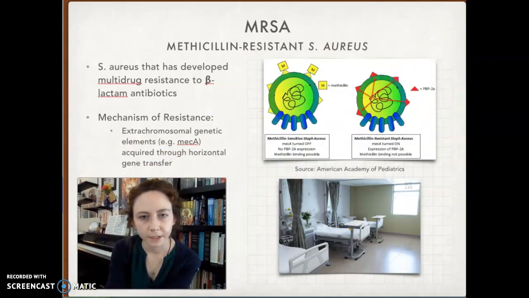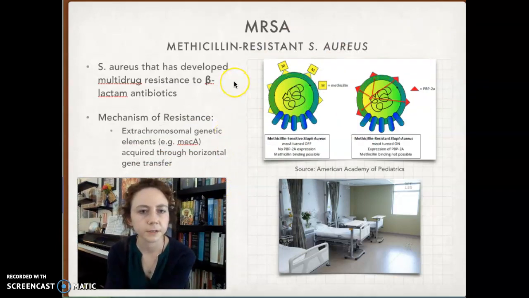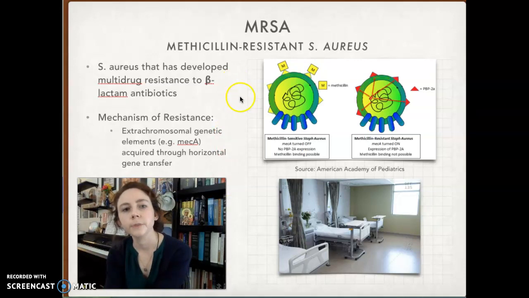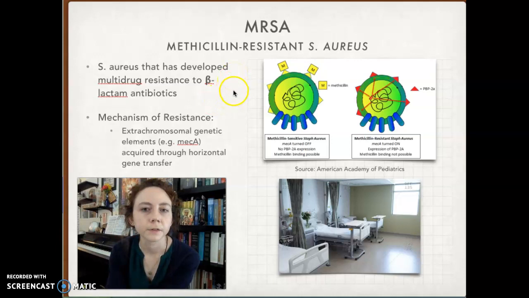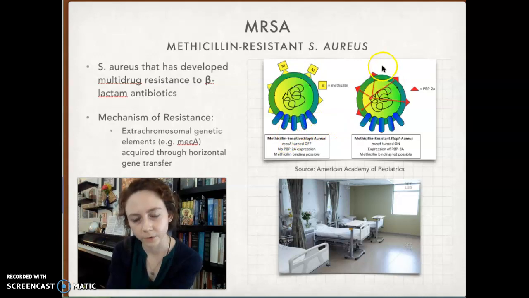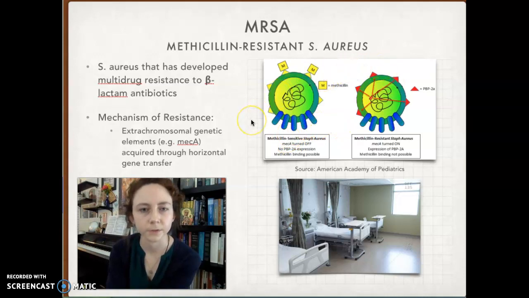MRSA is methicillin-resistant staph. So this is staph that has developed multi-drug resistance to beta-lactam antibiotics, and it develops this just through natural selection and horizontal gene transfer. Whenever staph is resistant to methicillin, the mechanism is usually this extrachromosomal genetic element called mecA. I don't know how you say it. But whenever that gene is turned on, the staph is able to resist methicillin, and then you can't treat it with that anymore. And that's actually very problematic,